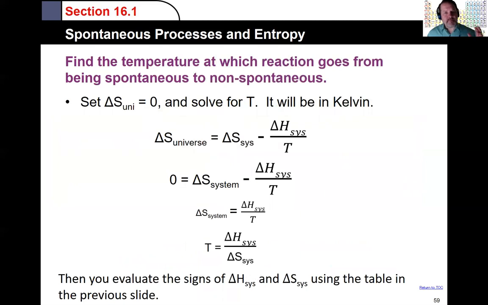All right, so we could actually calculate that. Well, what do you mean? Well, if you're going from a positive number to a negative number, that means you're going to go through zero, and zero is that transition temperature. So if we plug in zero for the entropy of the universe, we can run through a quick calculation. If we know the delta S of the system and the delta H of the system, we can look these things up in tables. I can add delta H divided by T to both sides. That gets rid of my negative. And then solve for T, put it on one side, divide by delta S.